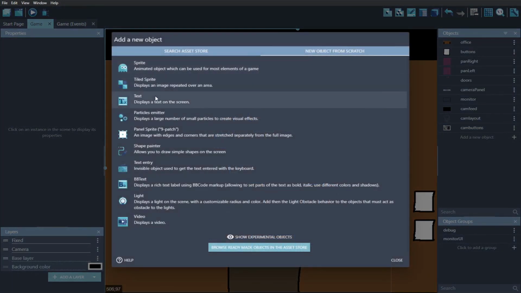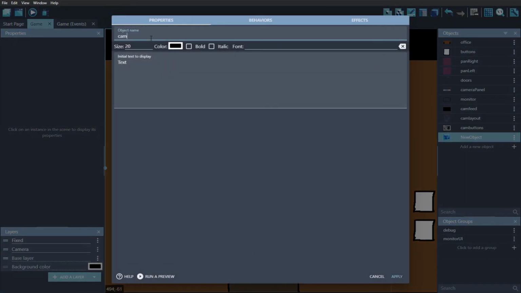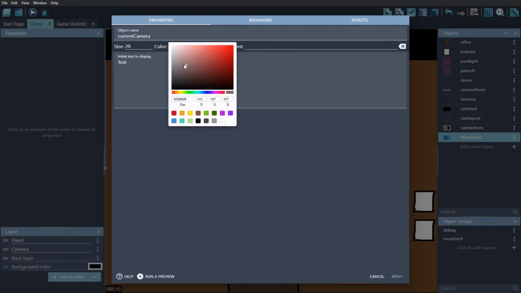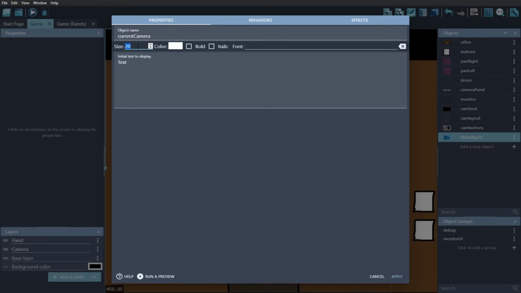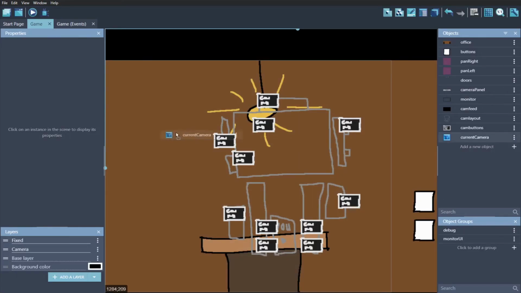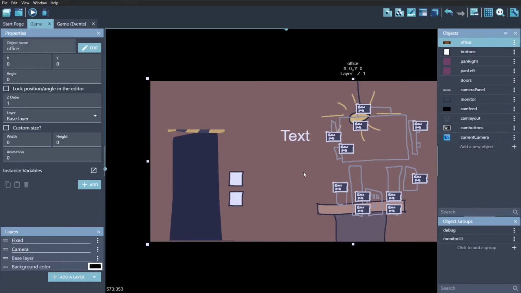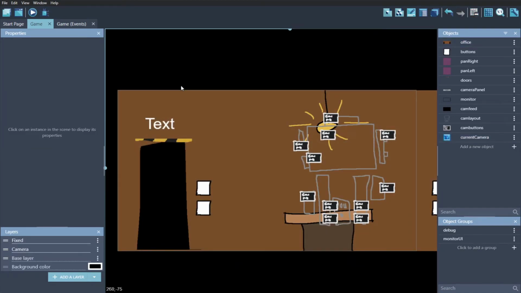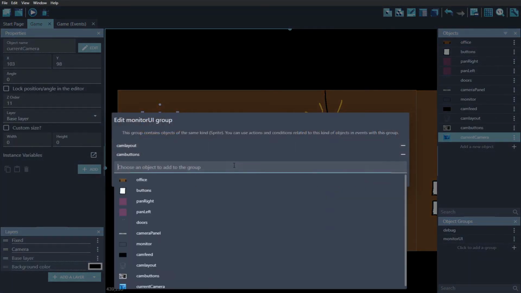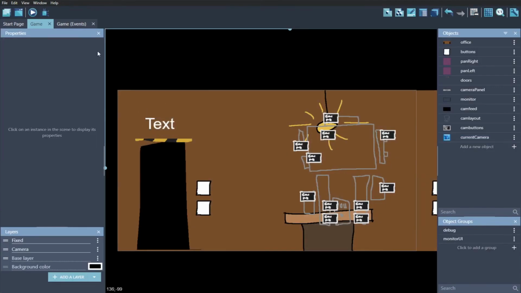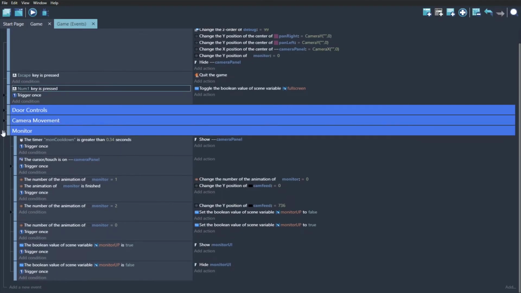So we have text called current camera, that is white and size 60, I don't know. Looks pretty good. Drag it up here, drag it to monitor UI, and then we will